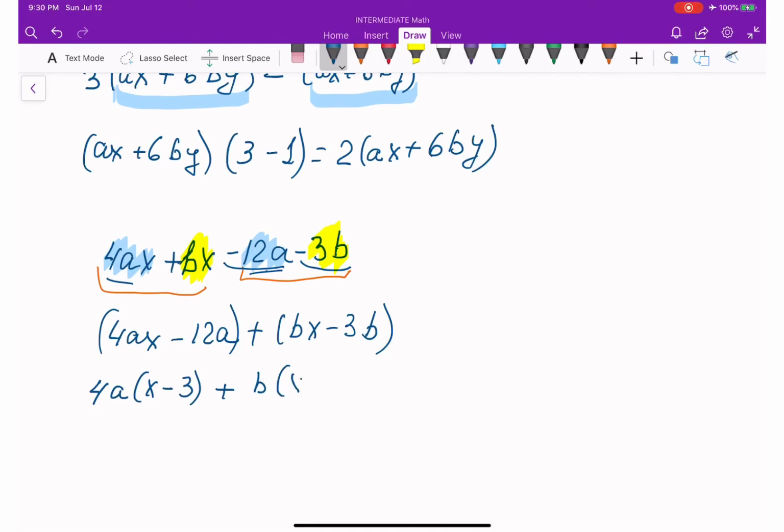What do I have? X minus 3. Very good. See? So we get common factor x minus 3 and x minus 3, which means if I take out x minus 3, I will have from here 4a and